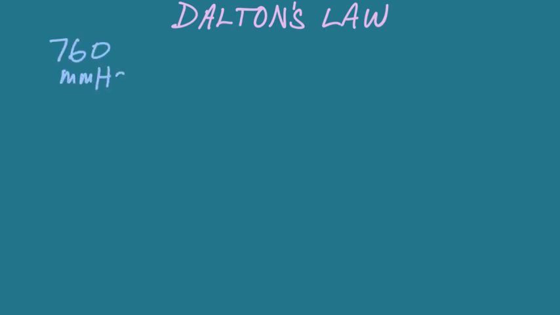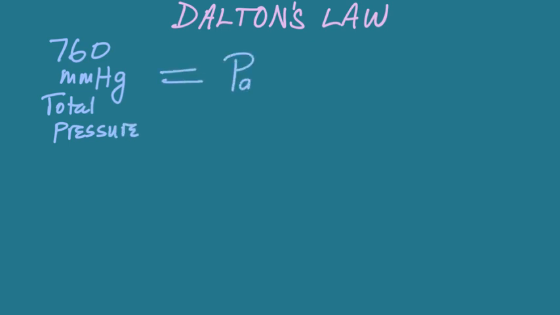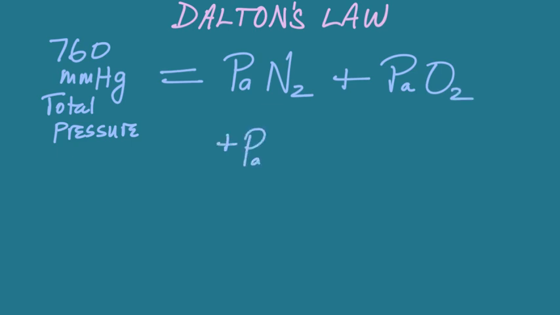Dalton's law has to do with the composition of air that we breathe in. Atmospheric air has a pressure of 760 millimeters of mercury. So this total pressure of atmospheric air is the sum of the partial pressures of all the gases within it. So those gases would be nitrogen. So there's the partial pressure of nitrogen, partial pressure of oxygen, partial pressure of water vapor, and partial pressure of